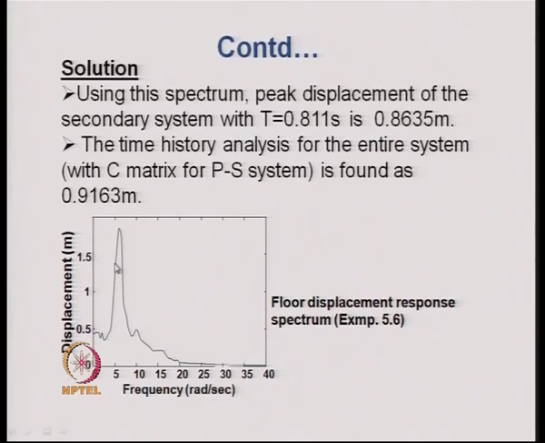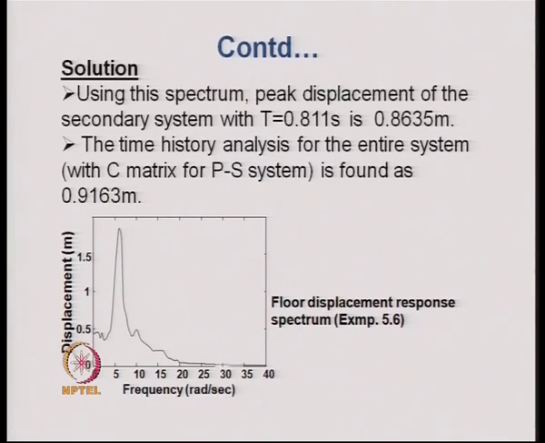of the spectral acceleration and multiply that spectral acceleration with the mass. That would give the force acting on the top of the cantilever, resulting in a lateral displacement at the top and the corresponding base shear. The result that we obtained from the cascaded analysis was 0.8635 meter as the deflection of the top of the cantilever,